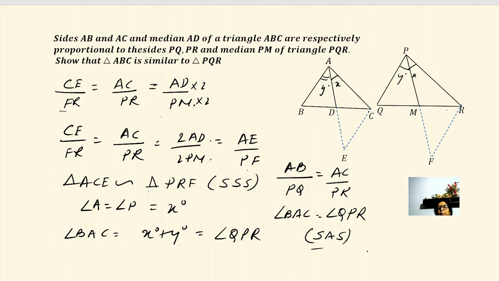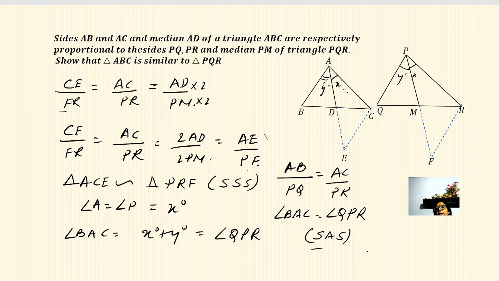And in this new proportionality relation, we multiply AD by PM by 2 and 2. So we get this equal to AD by PM. So this proportionality relation refers to the triangle ACE and PRF. So we get these two triangles similar. So once these two triangles are similar and the criteria that we have applied is SSS, then we get the corresponding angles equal. So these two angles become equal.